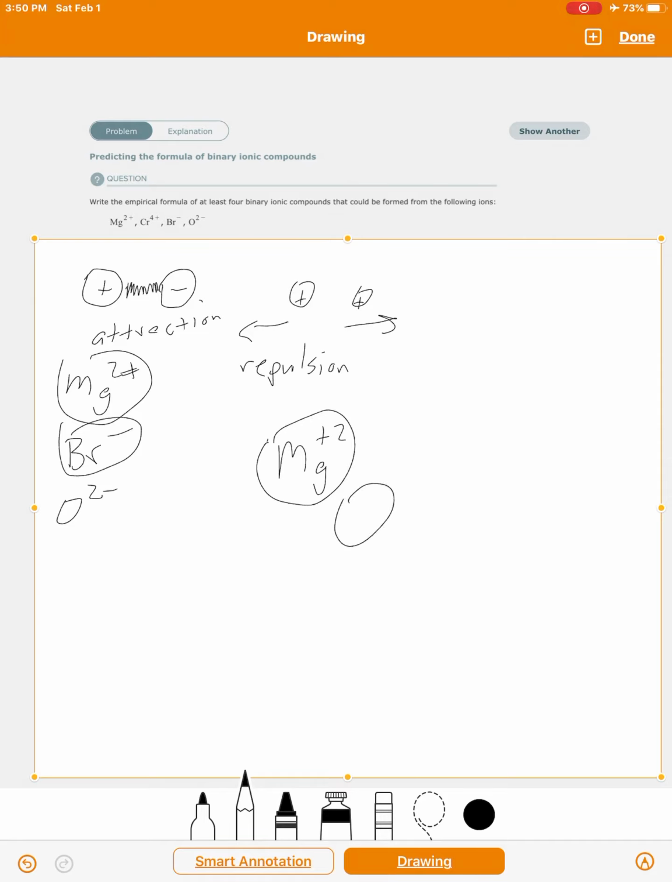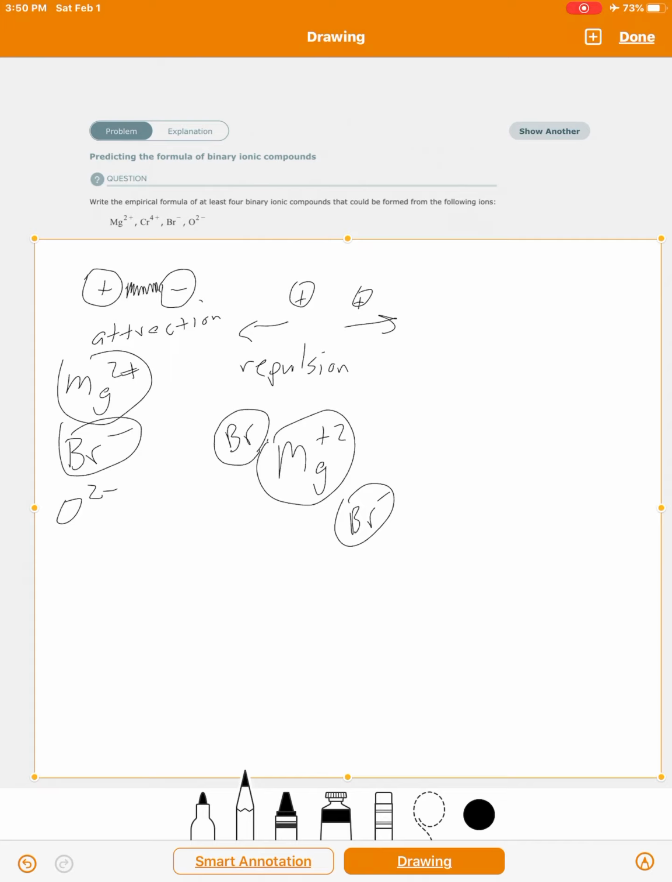And bromide, thinking about this physically, is -1. These charges are not balanced. There's more positive than there is negative. Ionic compounds form when the amount of negative charge is equal to the amount of positive charge. So the simplest way for this to work out, and that's really what the empirical formula is, the simplest formula,